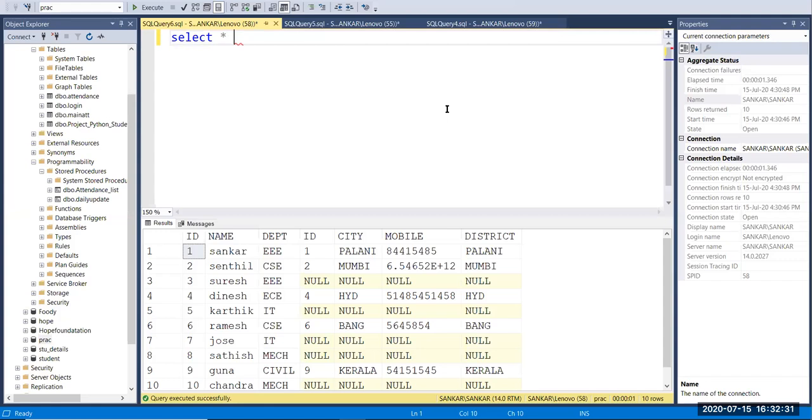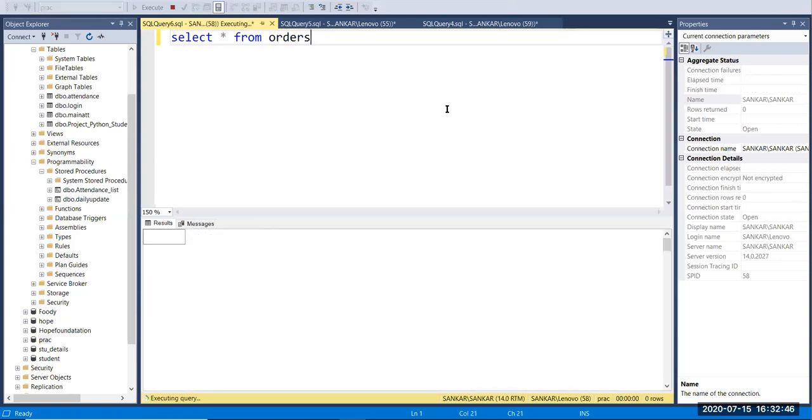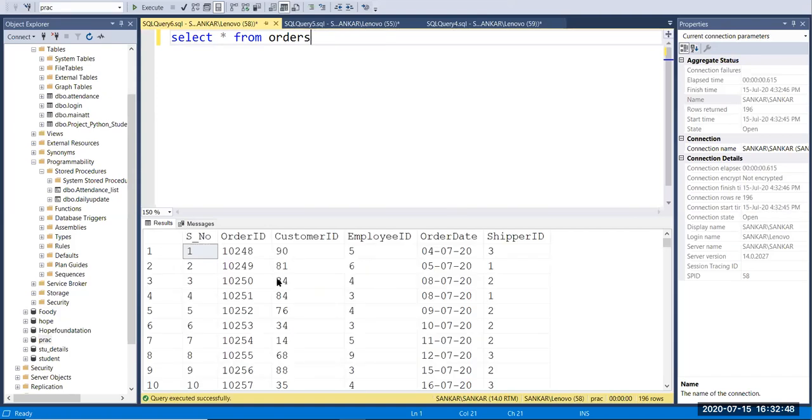Yesterday I shared a sample database. I'm going to do some joins in that database. So select star from, first I'm going to give orders. Here we have order ID, customer ID, employee ID, order date and shipper ID.